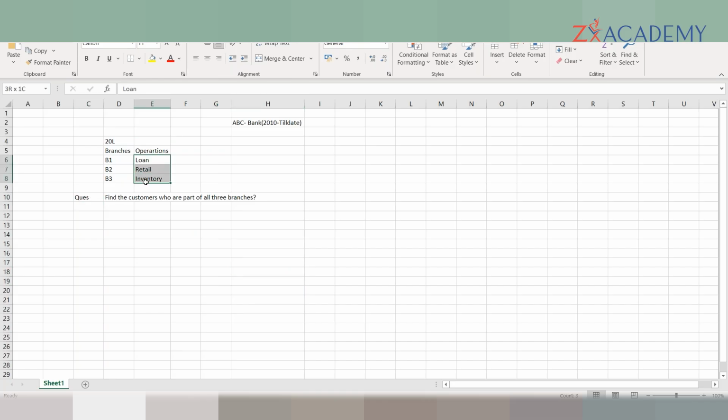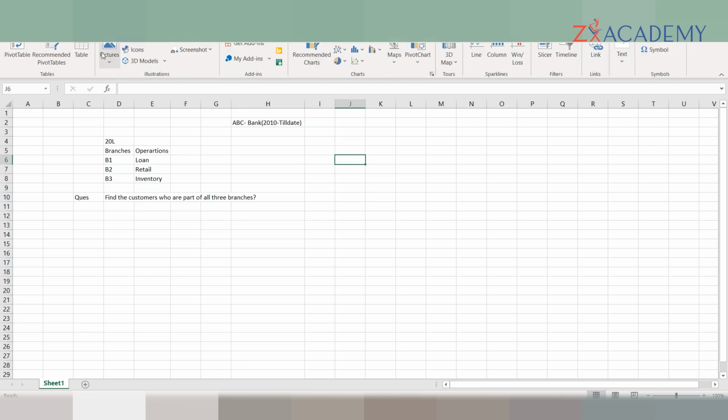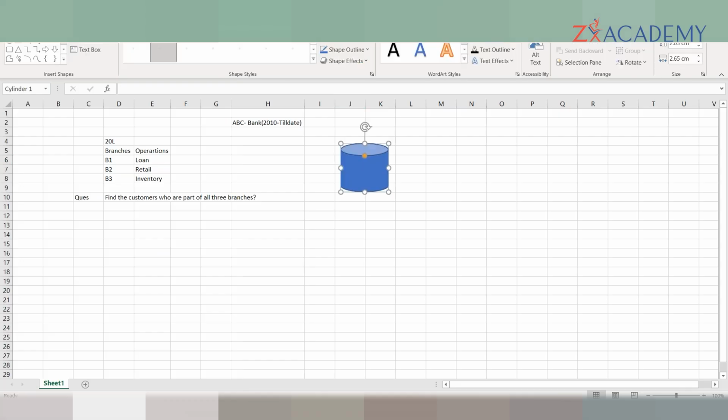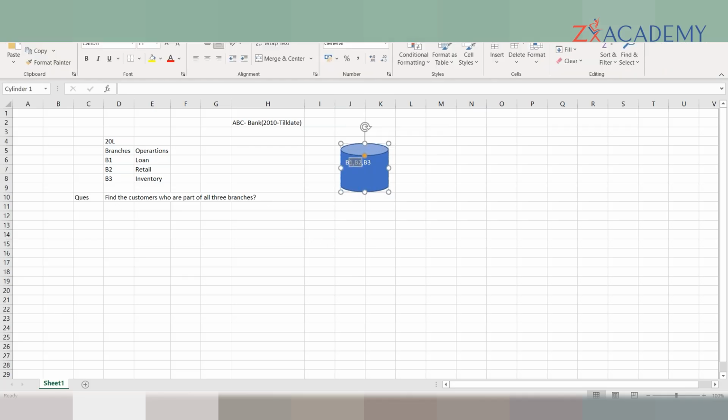So you will be answering when you collect the data from 3 branches, and when you put it in one centralized place. So first you need to collect the data from all these places and put it in one centralized place. Okay, so after that you will look into that, you put the data in this place, branch 1, branch 2, and branch 3. So when you aggregate the data over here, from this data you will be able to find all the customers. So this storage is called as a